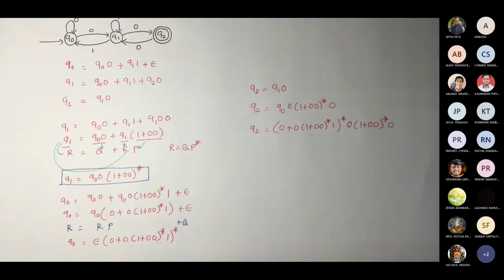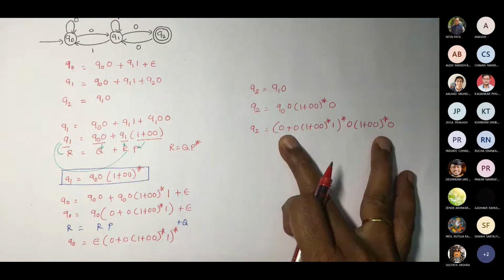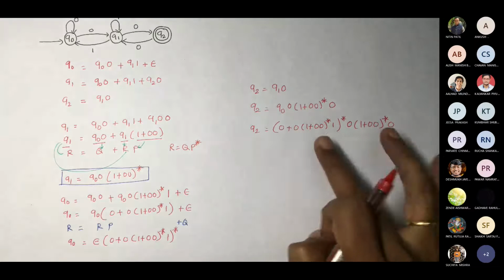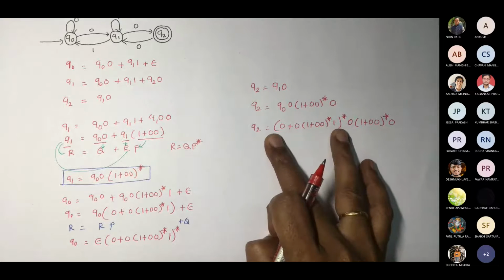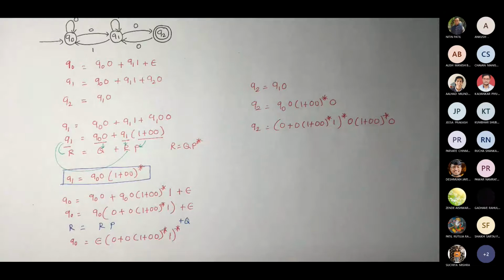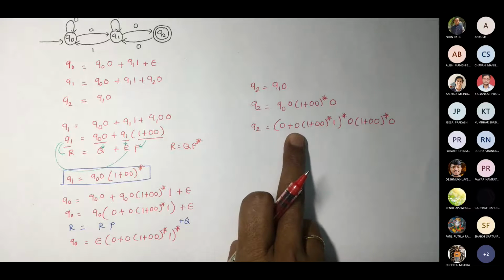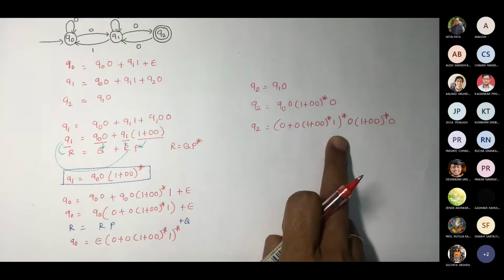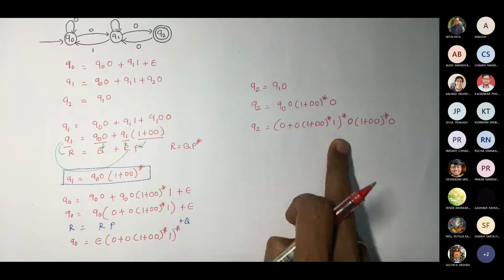Now Q2 is my final state, correct? And I don't have any state to be added here, which is to be replaced. So I got this. So this would be my final regular expression. So how can I write this? I can combine this because this is like this, correct? And this is star. So I cannot add this here and make it star. So what would be my final regular expression? 0 plus 0 1 plus 0 0 star 1 bracket star, and so on.